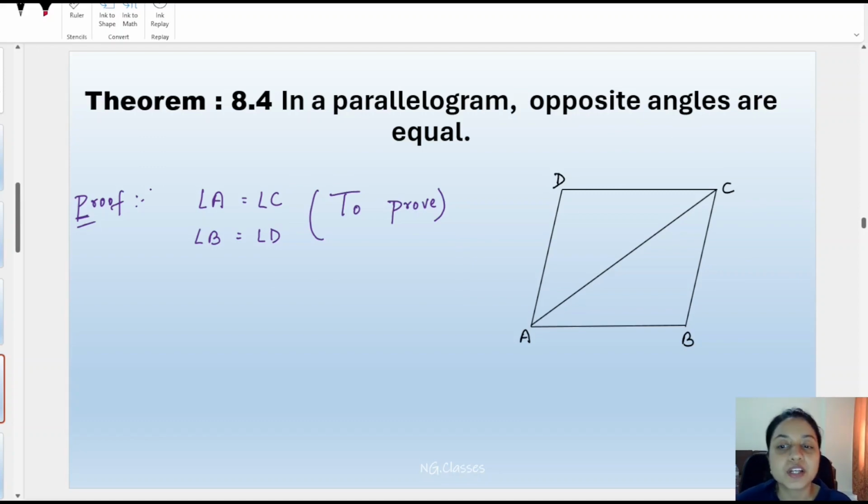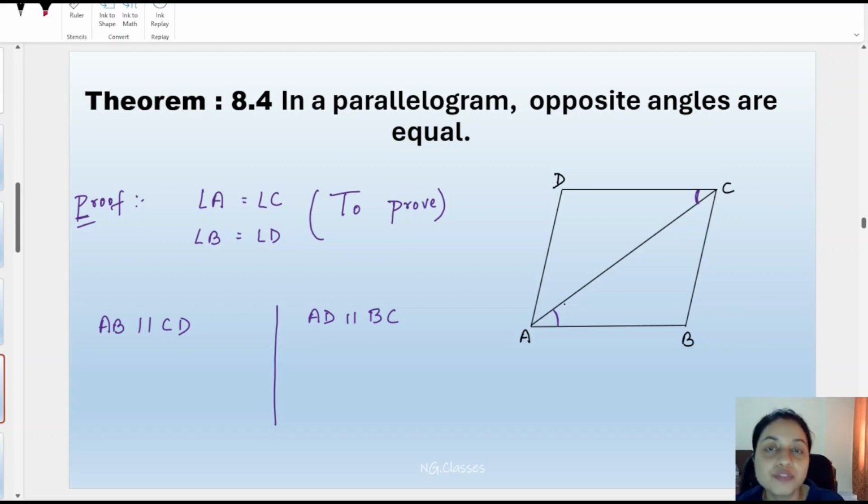Now, since we are having a parallelogram ABCD, we can say AB must be parallel to CD, and we can also say that AD must be parallel to BC. Here we can write, since AB and CD are parallel with each other, hence angle BCA must be equal to angle BAC, right? Because these two are a pair of alternate interior angles. So let's write it, angle BCA is equal to angle BAC,